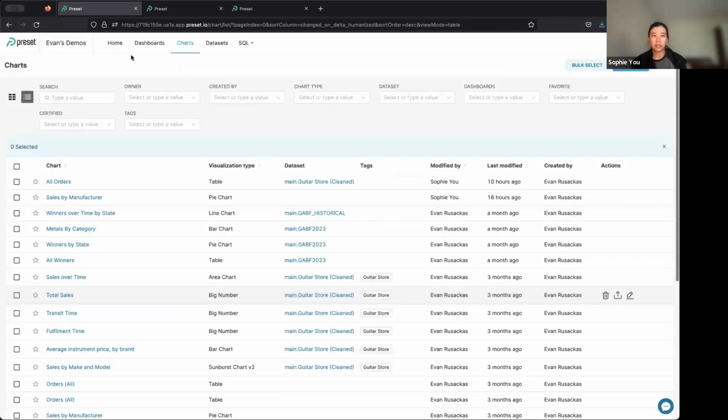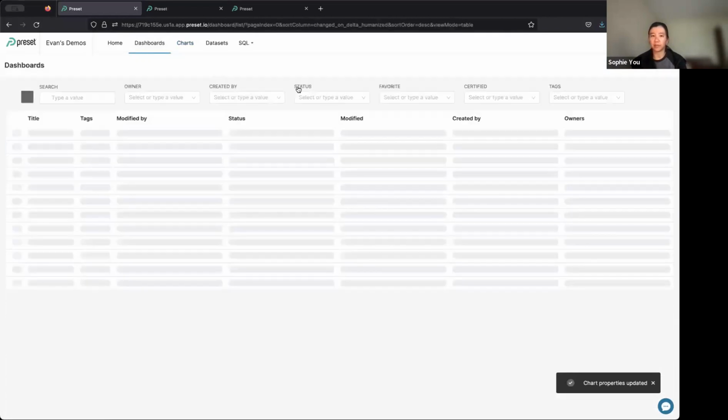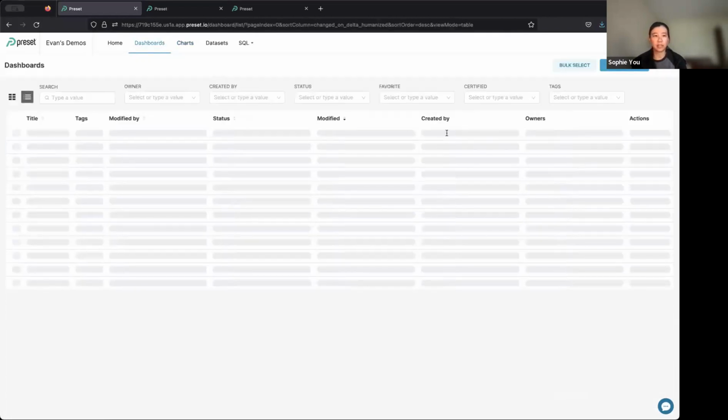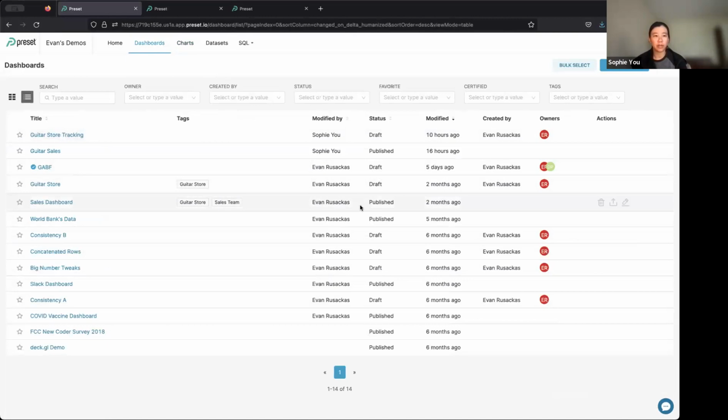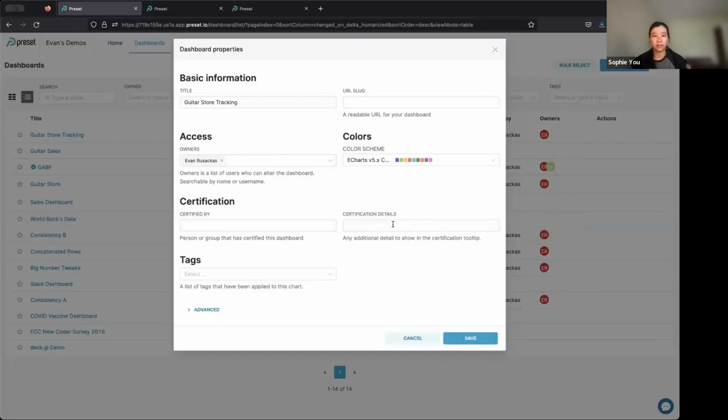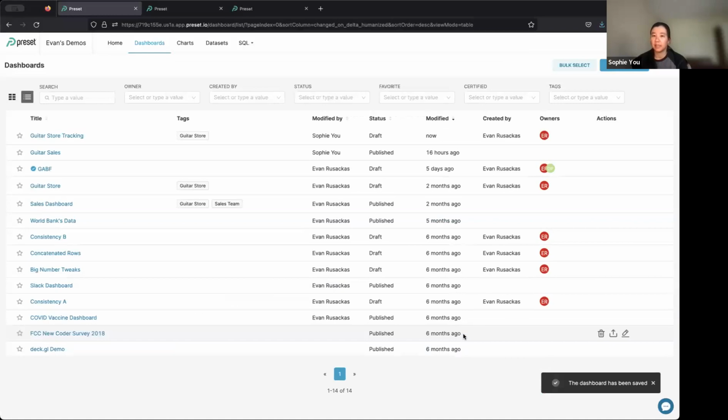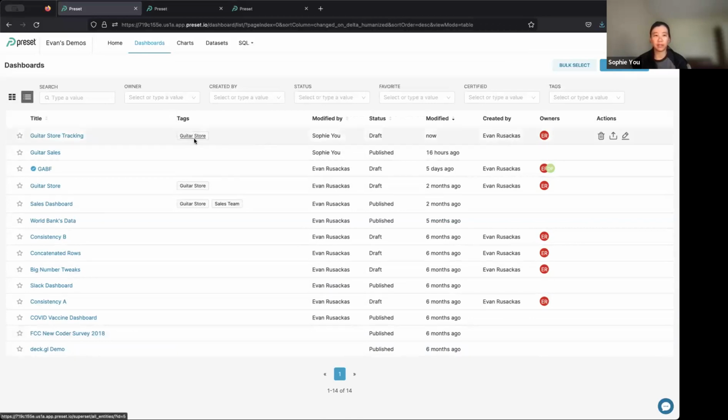So that's for charts, and same thing on dashboards. If I were to go to dashboards, and if I wanted to tag this, for example, I'm an owner or an admin, I can go ahead and tag this with the content. And then once I have all the content that I have tagged, I can go ahead